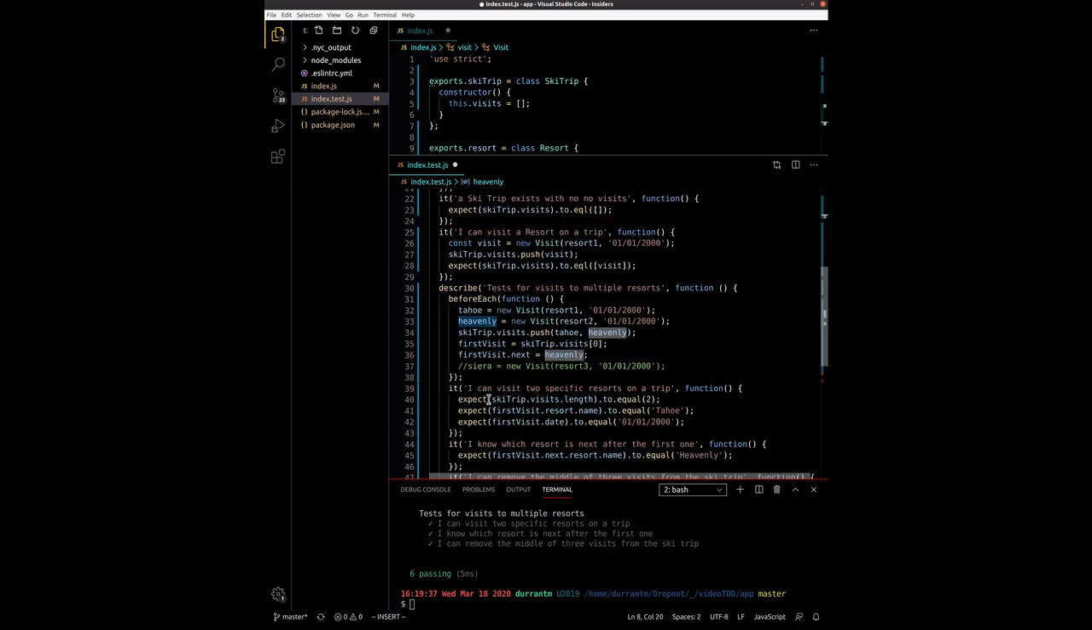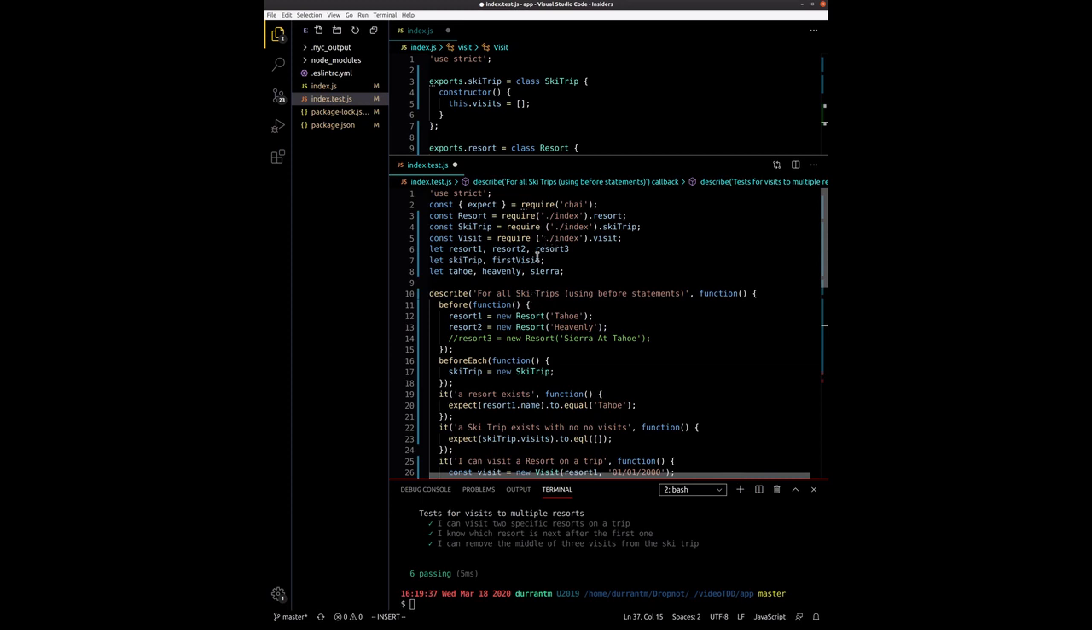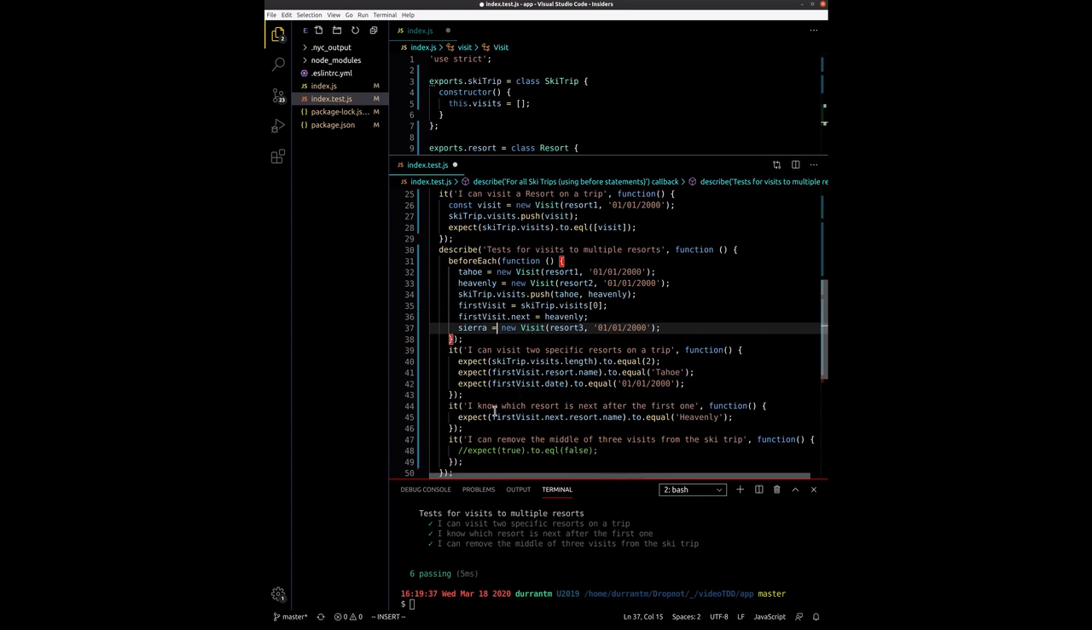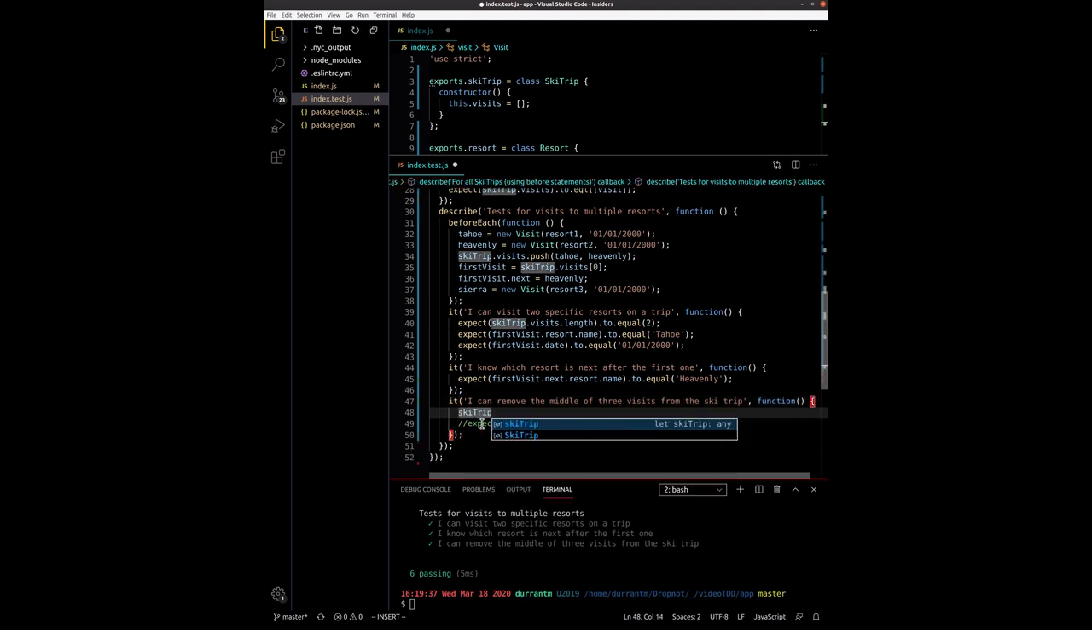And let's see. Now in here, this is where we'll actually add the... I'll actually spell it correctly. Sierra is created here. And yeah. And then down in here, we set up in the before, and so in our final test, we have to do this third visit. So we're going to push Sierra, the one that we created,